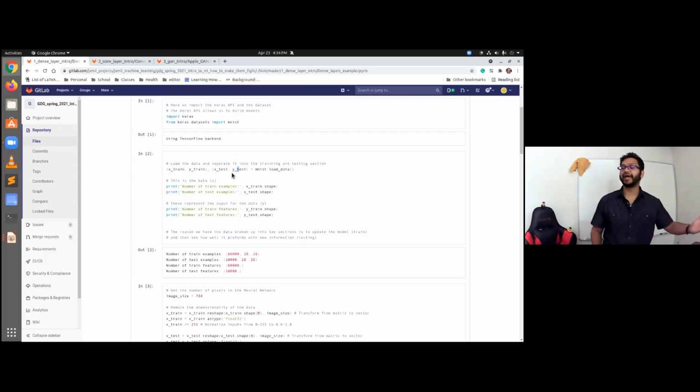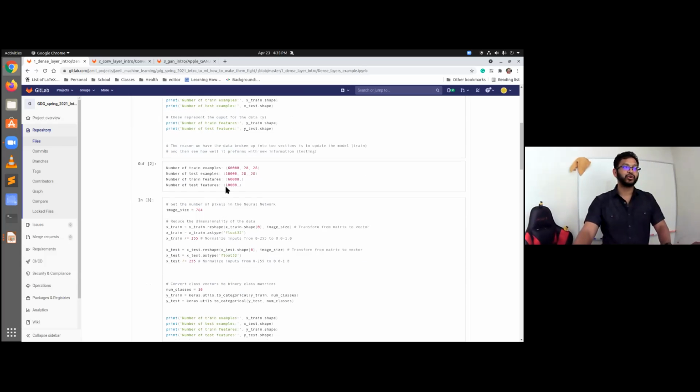Now, why do we want to have 2 separate things? Well, we want to have the training data so that we can train our neural network. And then we want to have our testing data so we can see if the trained network can answer questions that it hasn't seen before. So like everybody's seen 2 plus 2, and we know that's correct. However, if I said 2 plus 27, how do you know you'd be correct? Well, we'd have to test it. So similarly, we have our training data and our testing data.